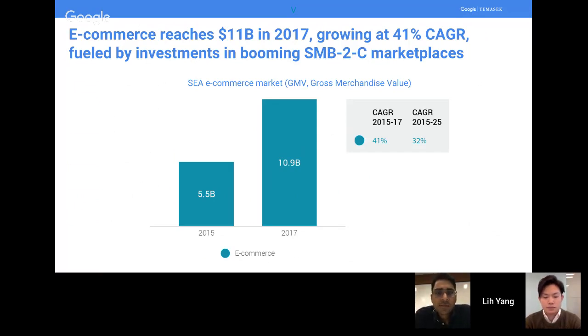So combined with a lot of user interest, a lot of engagement, and also support from the venture capitals across the world, this is really leading to a massive growth in the size of the e-commerce industry. So let's look at some of the other industry verticals that we have in the region. So if we go to the next slide,